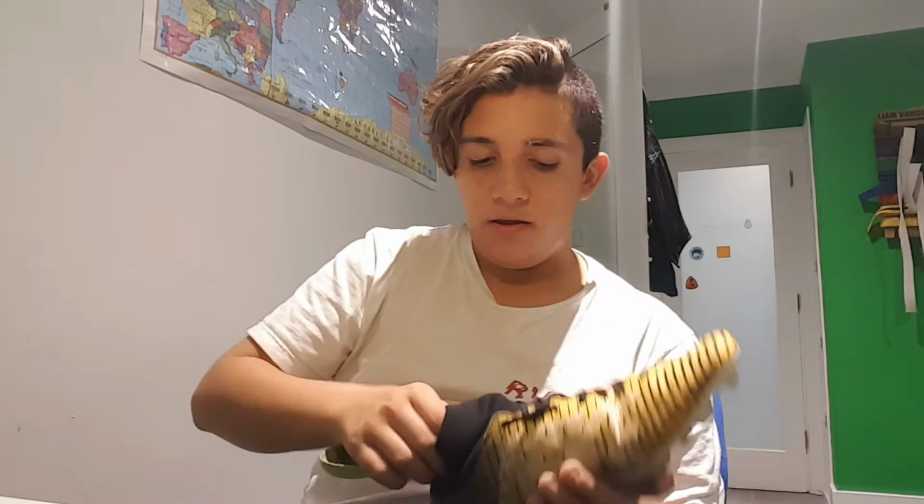But again, it is very, very soft for this takedown model. That is that. And then the dynamic fit is pretty good as well. And there's nothing really to be complained about. Again, it's a very soft boot for its price. Okay, so if you have a price point from $50 to $150 to buy soccer cleats,